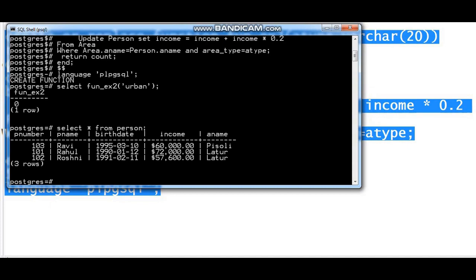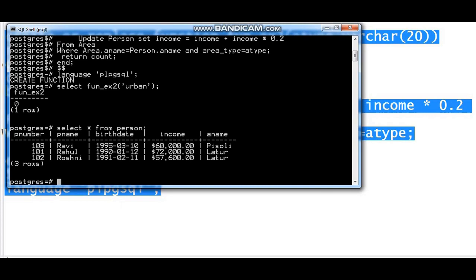I hope you all have understood how to update a certain value of the attribute using a function. So basically we have to remember here, the create command is important for creating a function. Since it is a function, it is going to return something, because we are asking a function to perform certain tasks and to give the output. That's why it is definitely going to return something.